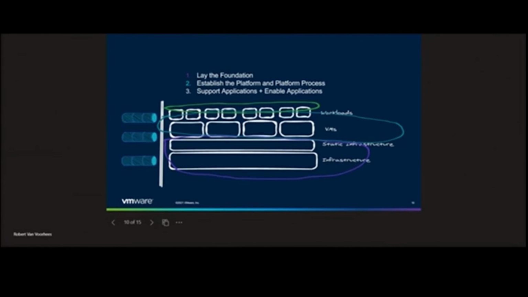So what we're putting in between, really, the green circle of workloads is that platform, and not just the platform itself, but an actual platform process, the process of creating a secure CI/CD pipeline to deploy that platform onto that consistent environment so that we can maintain that speed, as James mentioned earlier in the day,